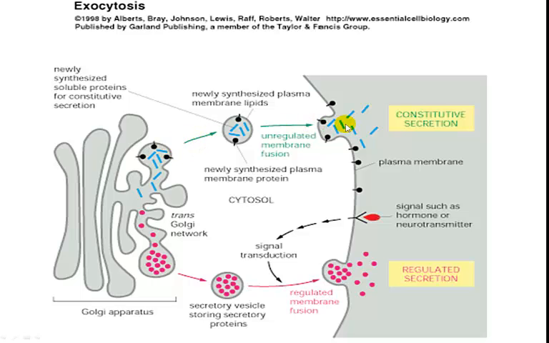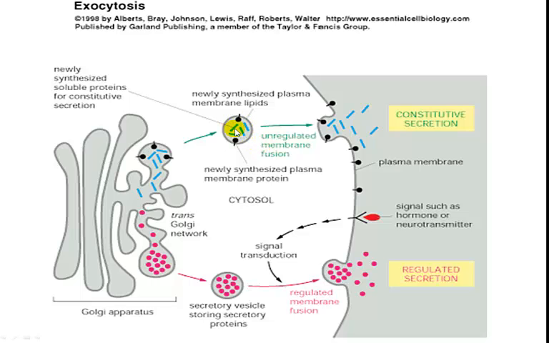Anyway, if this was a constant rate, the delivery trucks on the highway, or the trains on the railroad tracks, or the ships in the ocean, if they're moving at the same rate but they're carrying less, then less is delivered, right? So this is what we mean. It's maybe an unregulated membrane fusion, but the newly synthesized plasma membrane protein, or the soluble proteins for constitutive secretion,